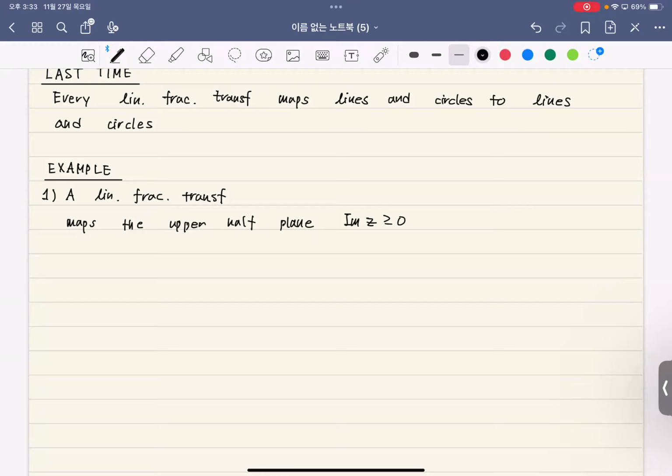So that the imaginary part of every complex number is greater than or equal to 0, then we say it's the upper half plane. And suppose that I have this guy mapping this upper half plane